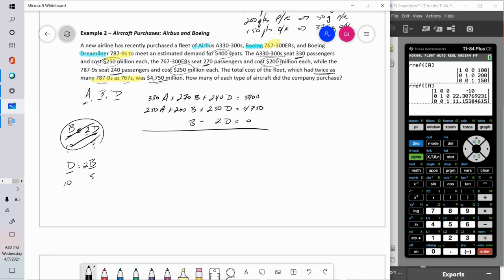Okay. So I wanted to do that to show you how you would recognize if you made a mistake or not. I've said this in previous videos that you really have to be prepared to get decimals or fractions. But we are here talking about the number of airplanes. You cannot have a fractional number of airplanes. That would not be very safe, right? So we do know that since we're talking about the number of airplanes, they should come out to be integers. So let's try to fix this third equation,